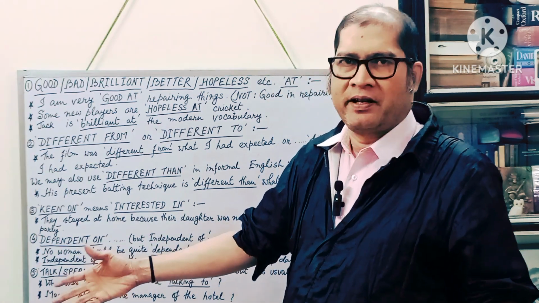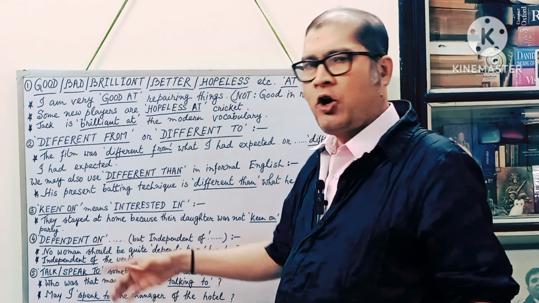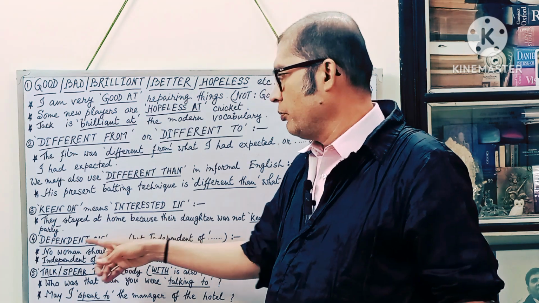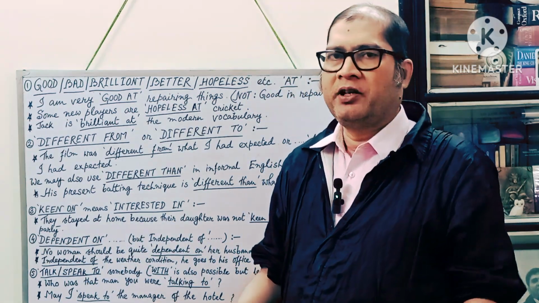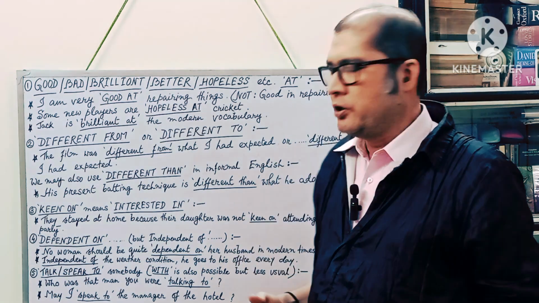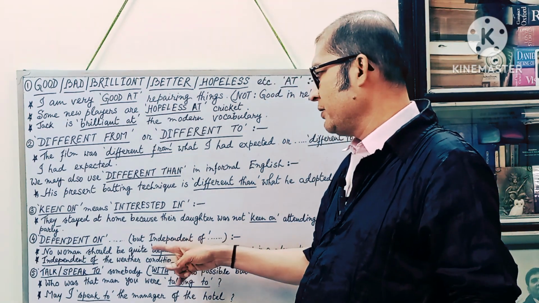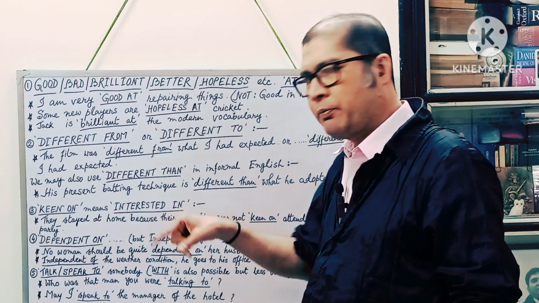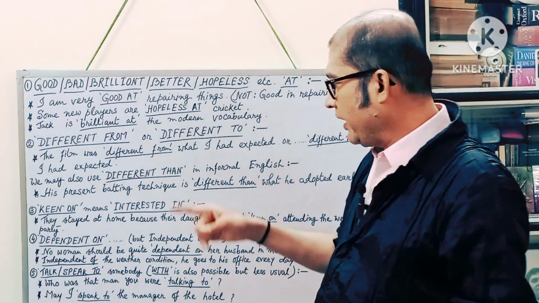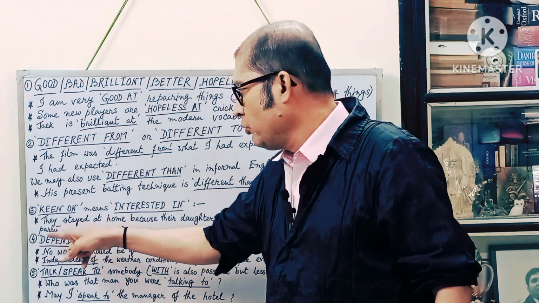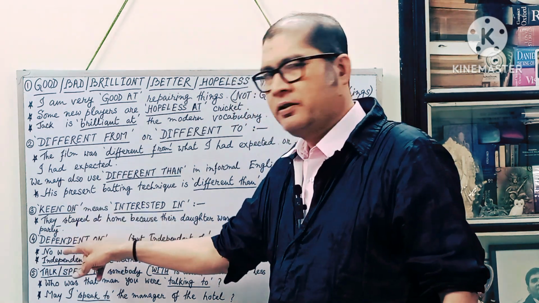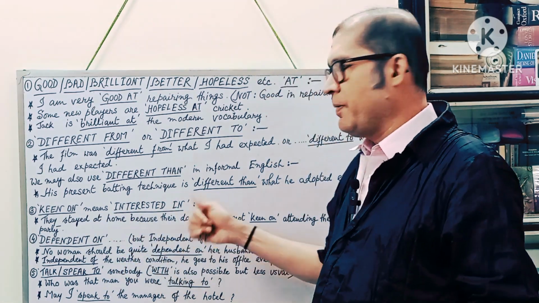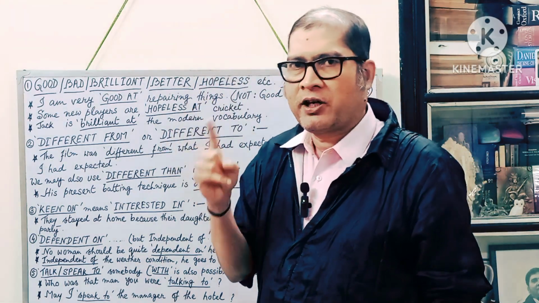Dependent. This word is very common, dependent. Dependent is followed by on. Almost everybody knows that. So I don't have anything to say about on, because it is well known. Since your childhood, you have been using this preposition after dependent. But the opposite of dependent is independent. Here is the problem. Why? Because you cannot use the same preposition when you are using the antonym of dependent. The antonym means the opposite word. The antonym of dependent is independent, and you know dependent on. So very naturally,